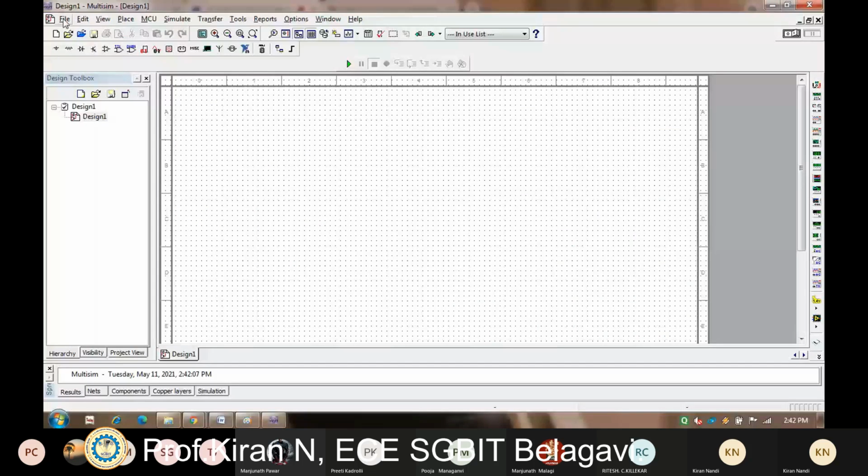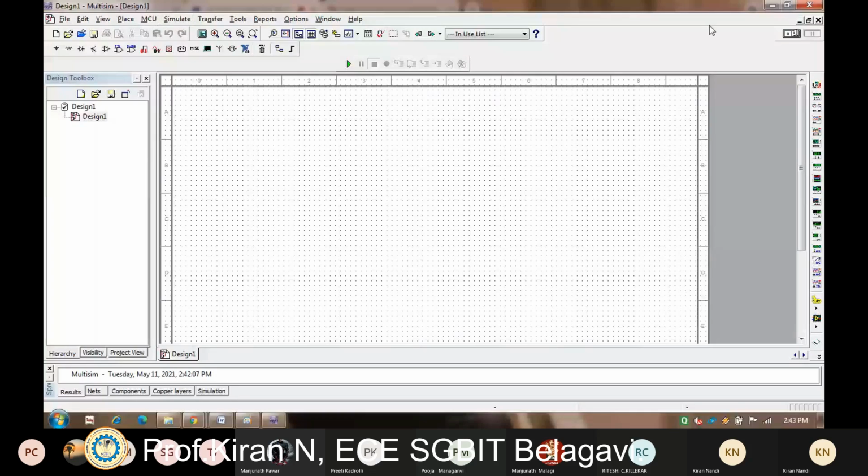Okay. So here, please look at my cursor where I'm moving. You can see there are different menu bars, or this tool bar, that is file, edit, view, place, MCU, simulate, transfer, tool.